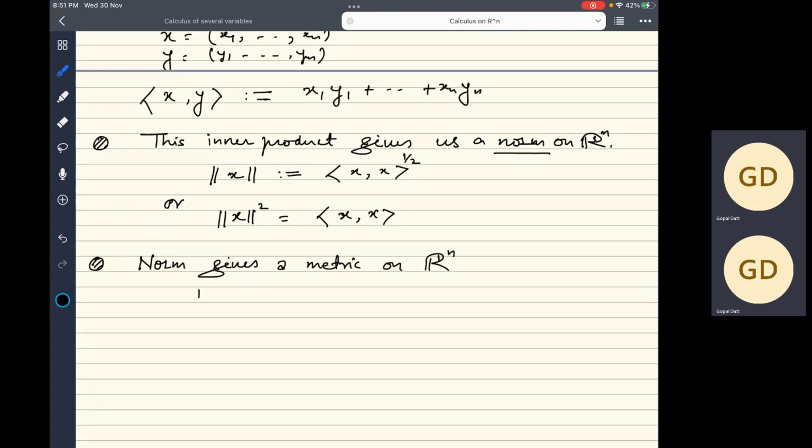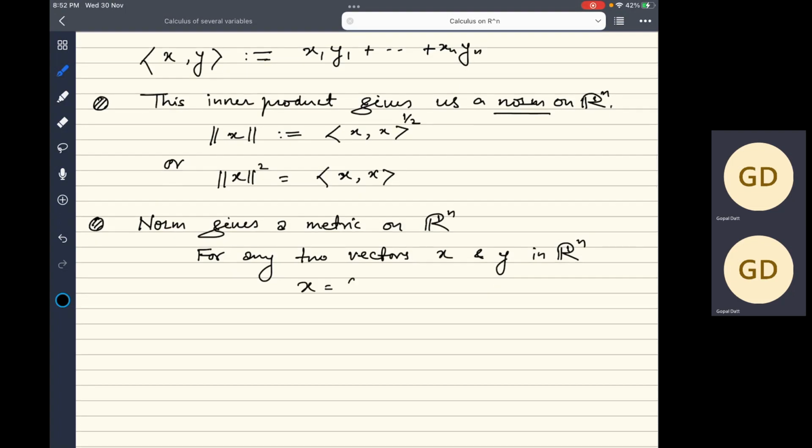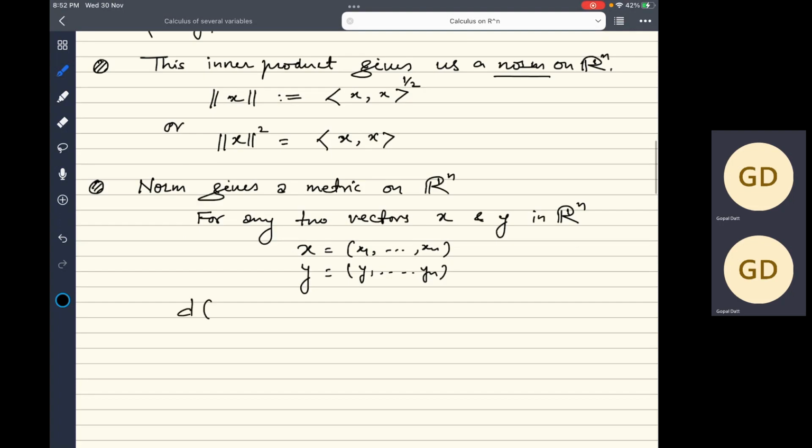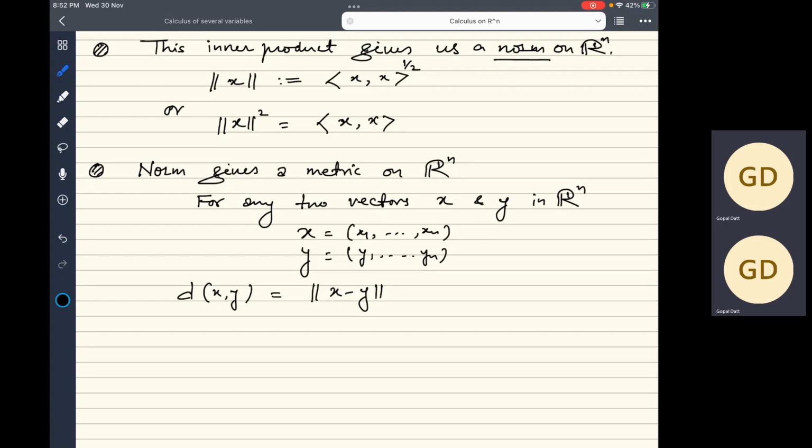For any two points or vectors x and y in Rn, x is this n-tuple, y is this n-tuple. Distance between x and y is nothing but norm of x minus y,